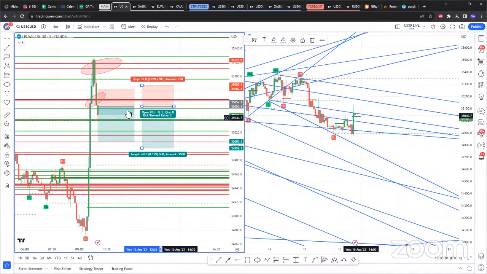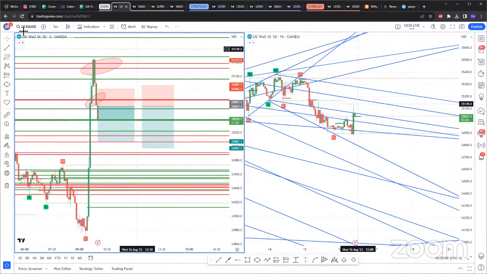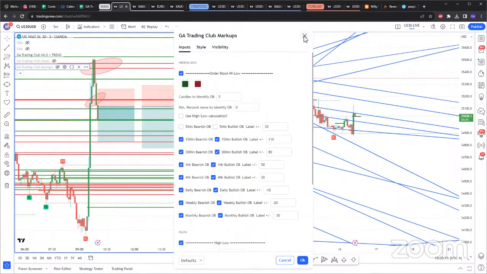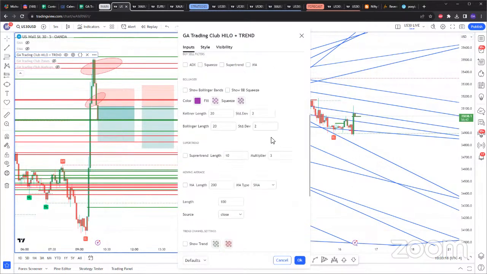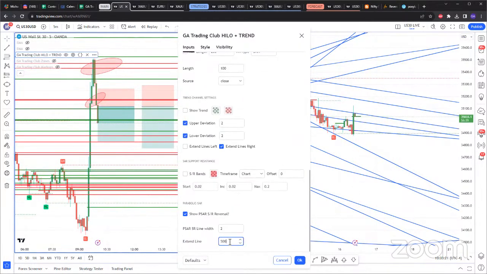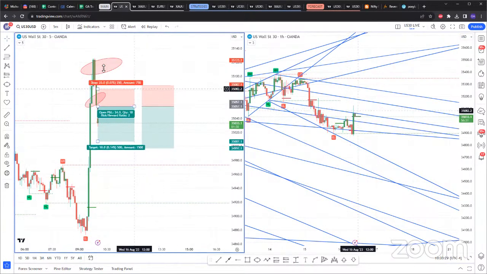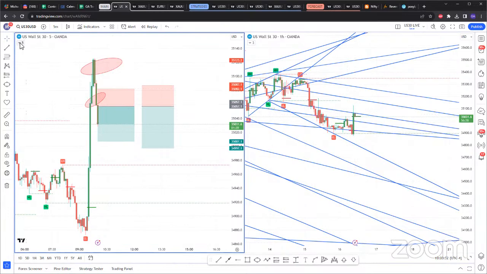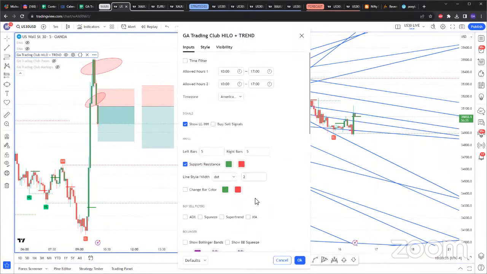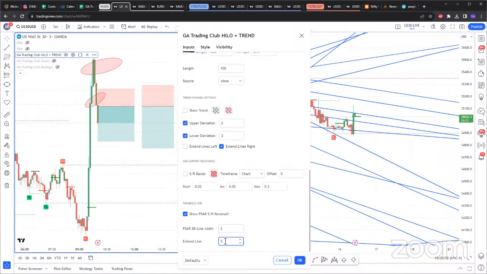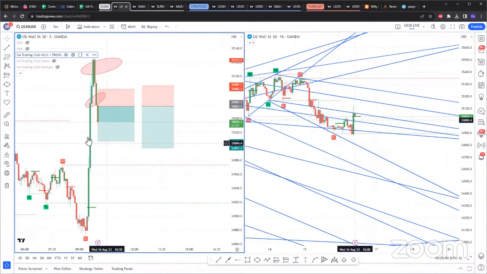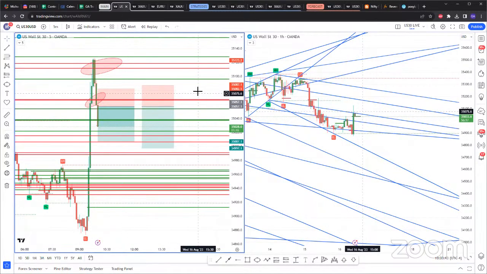But this is what I was mentioning. Personally on the 5-minute, I do not extend the lines and I just use the most recent SAR. So I'll show you guys. The reason I didn't want to extend is because, not that it's not accurate, it's just because the lower you go, the more lines you get. So I didn't really want my charts messed up. But you can see if I was just trading the current SAR, there's no current red SAR. But the beauty about extending is that you get those double zones. But for me, I just didn't want to have both red and green lines.